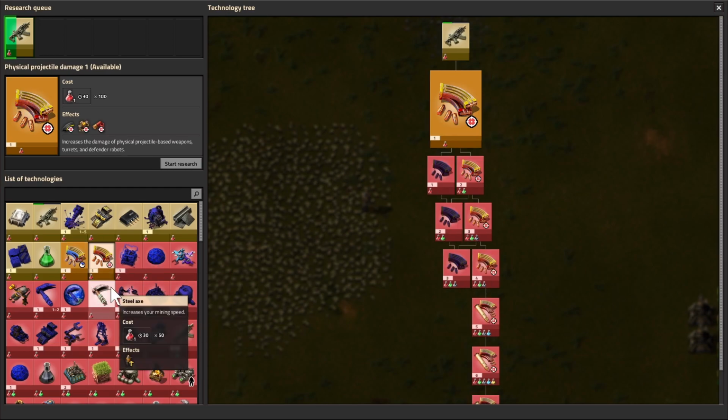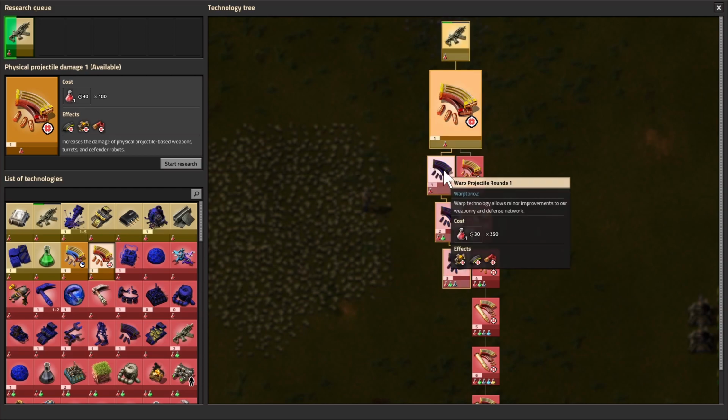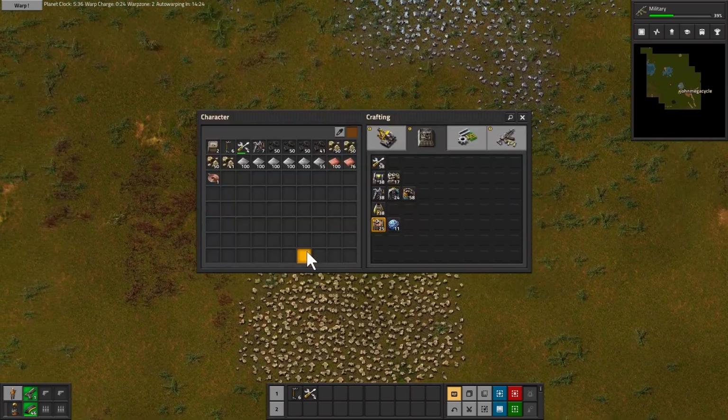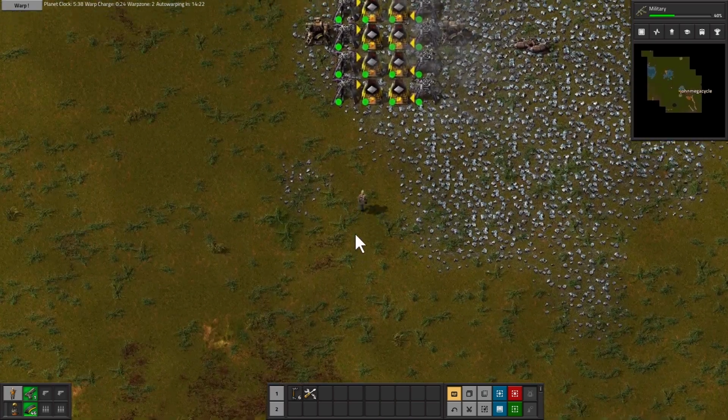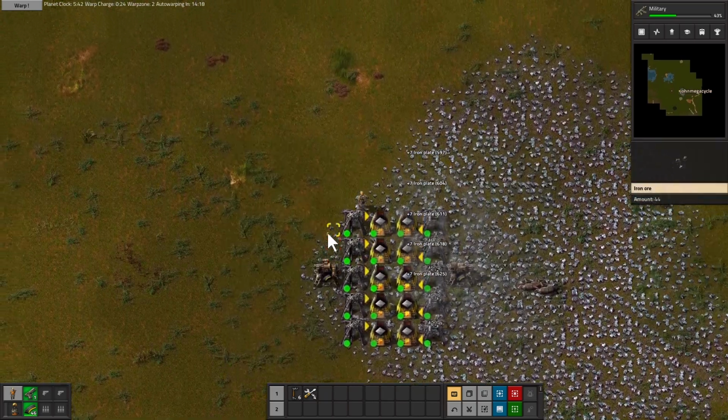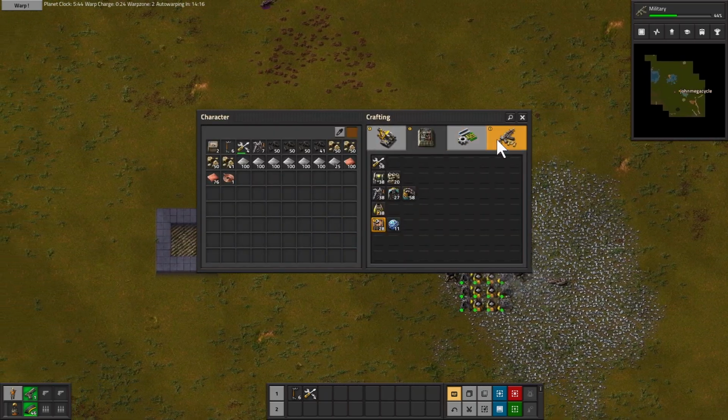Okay. Wait, what's all this? Warp projectile rounds. Oh, we have another subset of damage. That's really cool. I guess I didn't notice that before. Alright, well, if you insist. Alright,